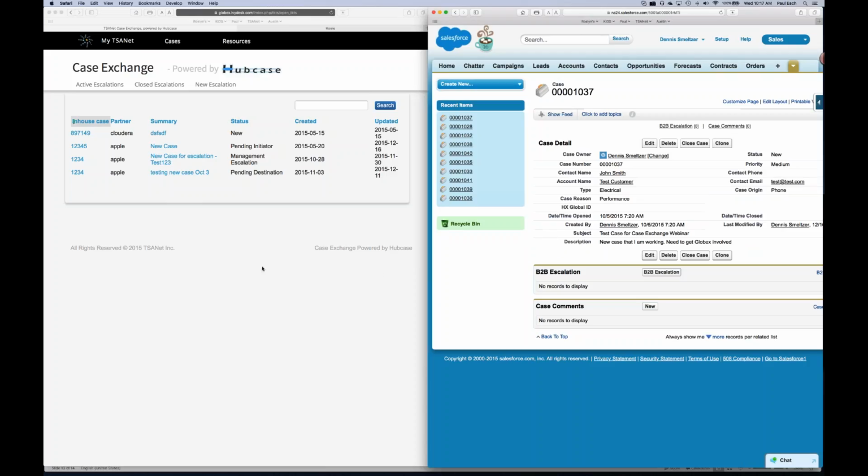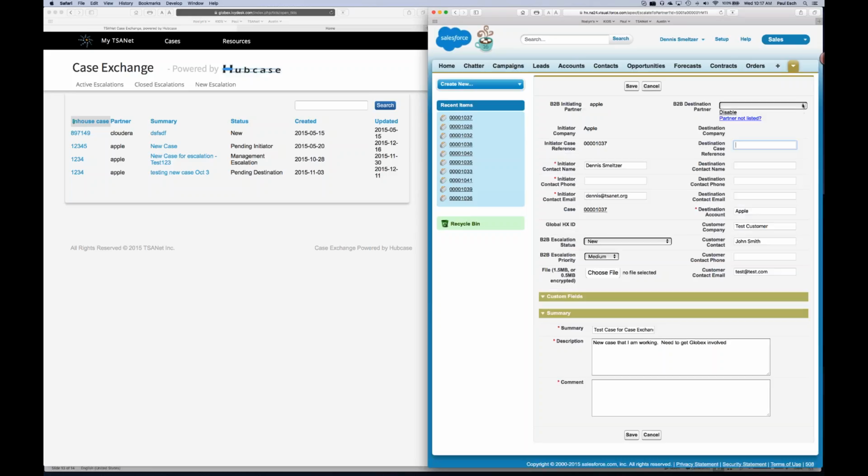And then in the member web, I'm configured as a fictitious company called Globex. So here, I'm an Apple engineer. I'm working an issue. I feel that I need to collaborate with Globex and get them involved in this. I go to the B2B escalation, I select Globex,